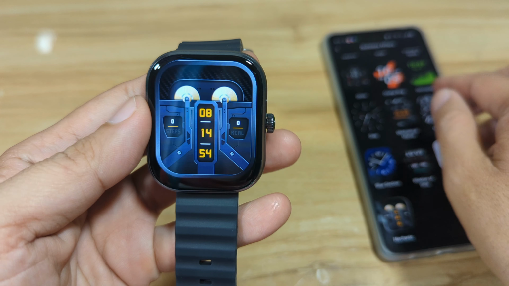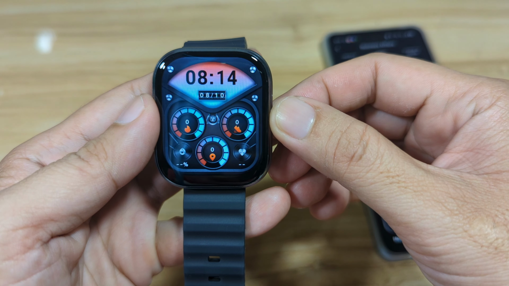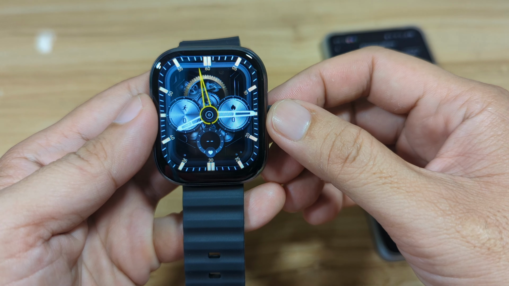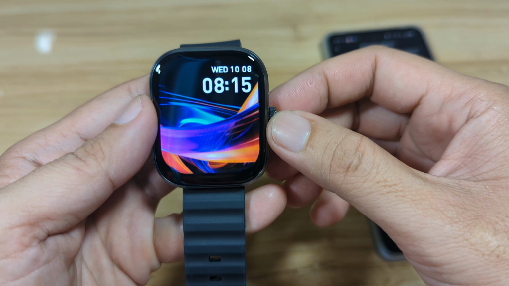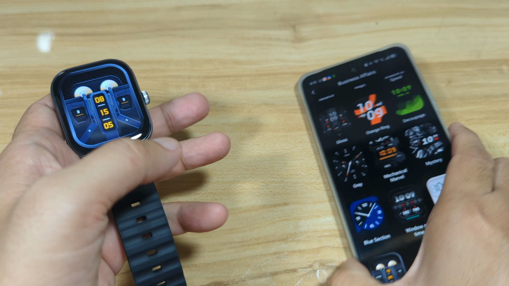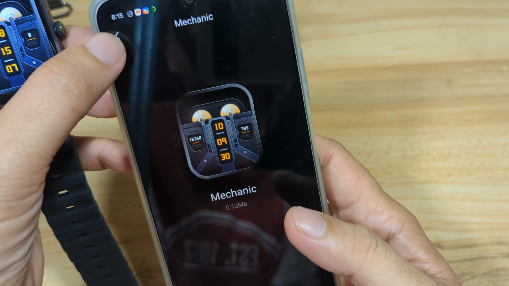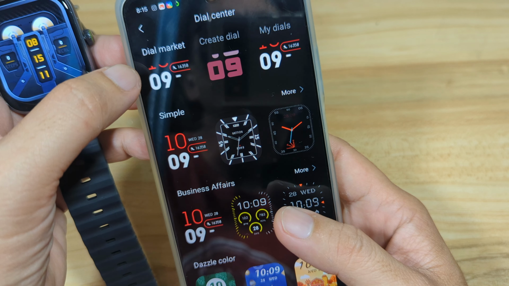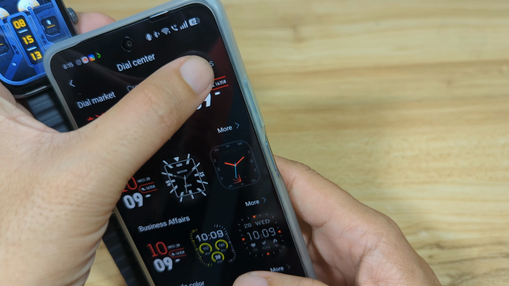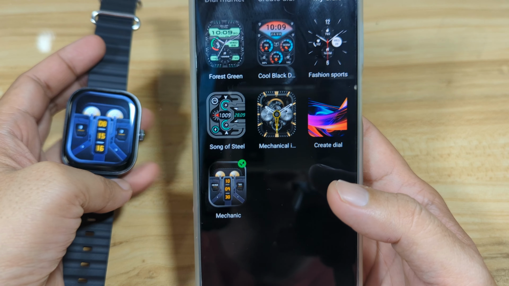Okay, let's see how many watch faces we can store. Okay, so that is disappointing. You can only store 1 watch face at a time. So if you download additional watch faces, it will be overwritten, but it will be stored here, I think. Let's see.